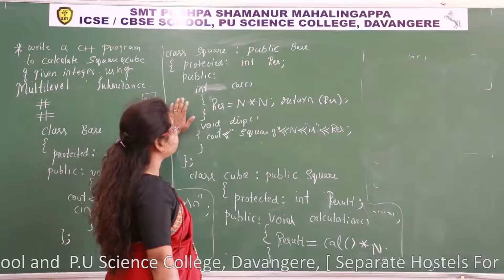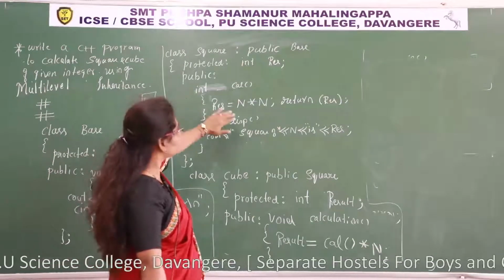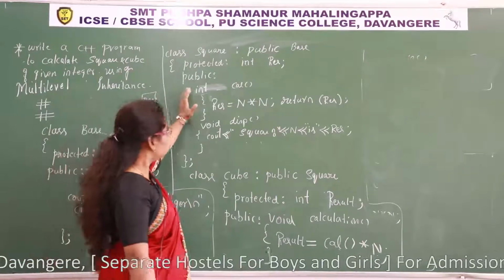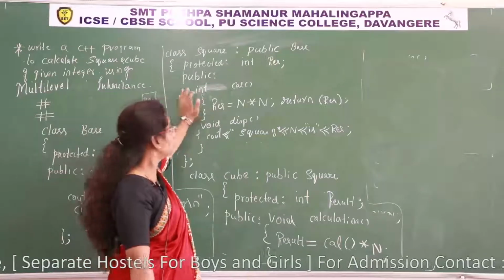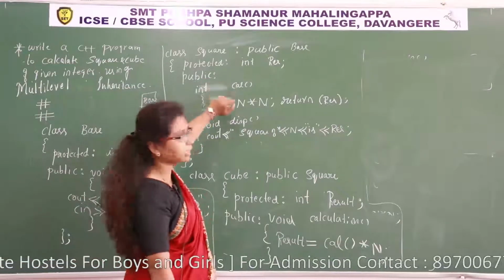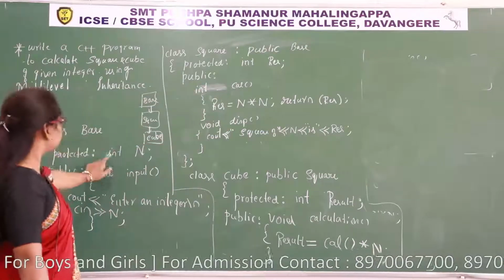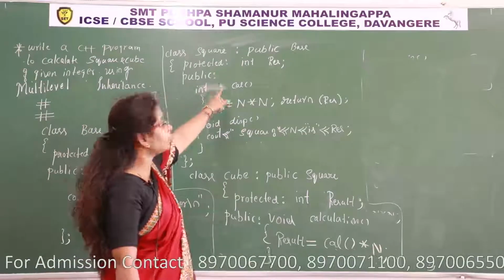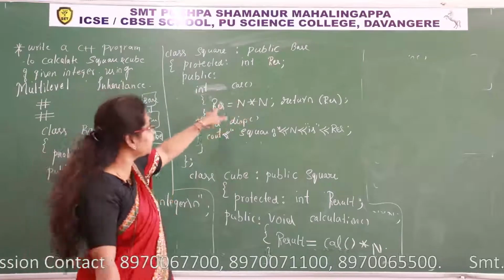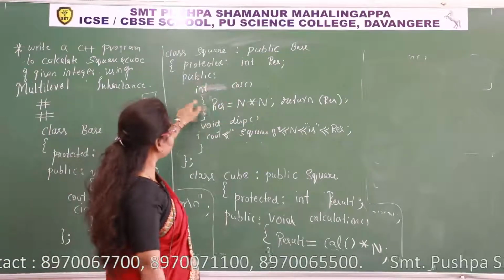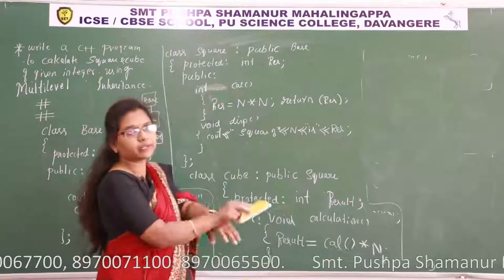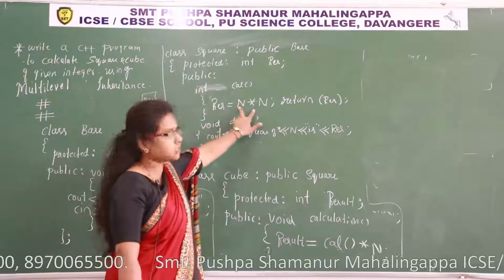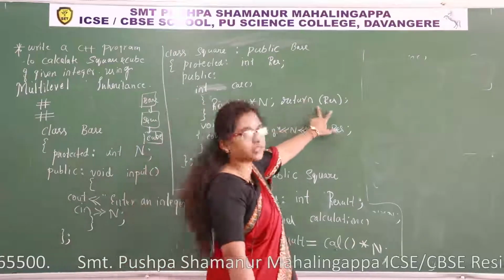So in the protected section I have taken data member res to store the result, and I made this function, it has to return a value. So this is function with no argument with return value. That cal function can access a protected data. What is there in the protected section? Base class n and derived class res. So the protected section of square class having two data members, one is n, another one is res. Now the public member, this class member can access the protected data of that class. Res is equal to n into n, so that is square. I am returning this value, return res.